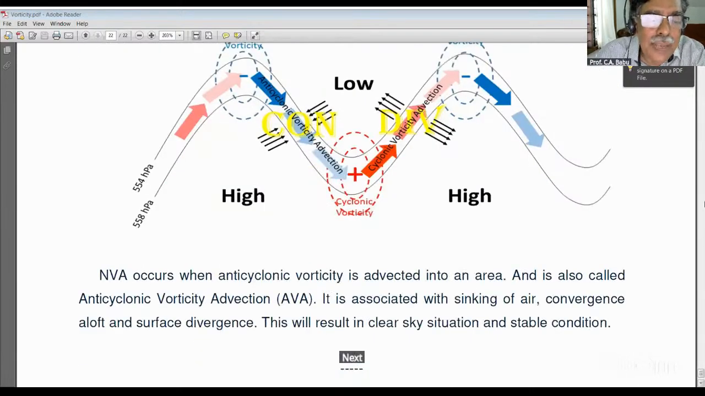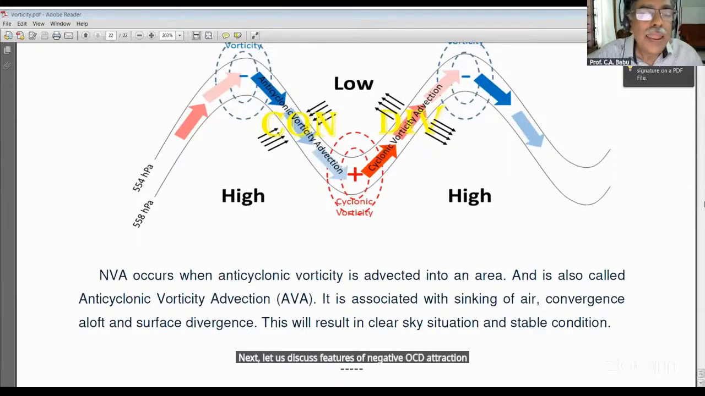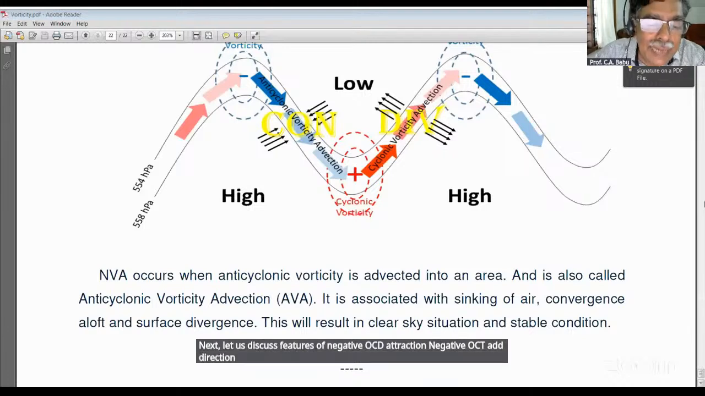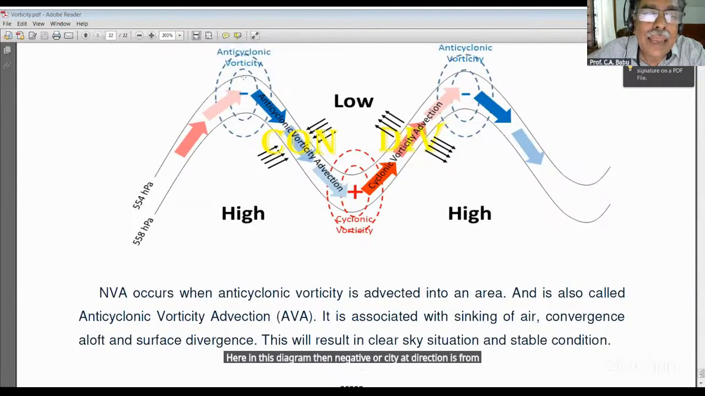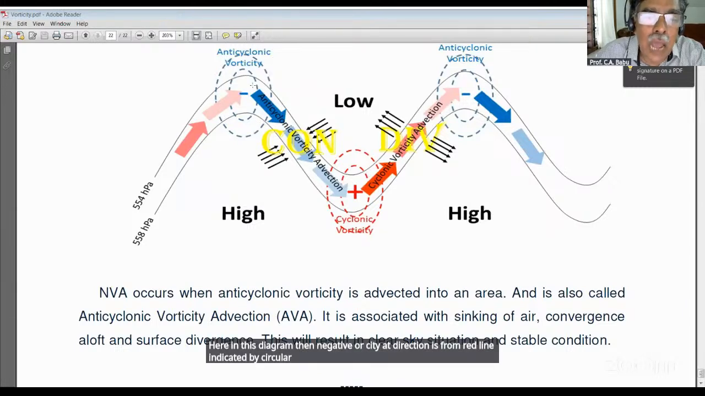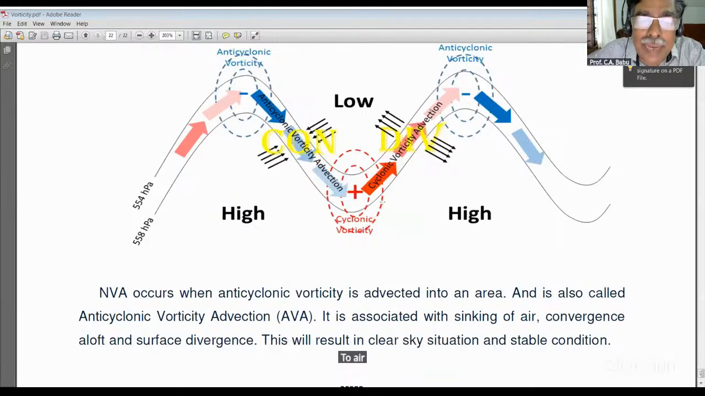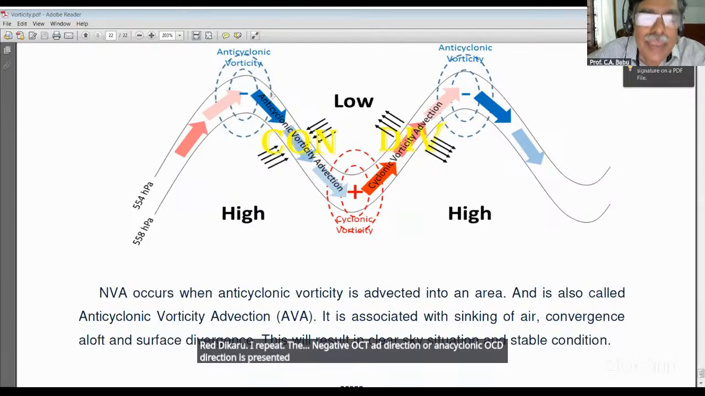Next, let us discuss features of negative vorticity advection. Negative vorticity advection occurs when anticyclonic vorticity is advected into an area. Here in this diagram, the negative vorticity advection is from a ridge line indicated by a circular dashed curve to a trough line indicated by a circular red curve. I repeat, the negative vorticity advection or anticyclonic vorticity advection is presented in the diagram on the western side from a ridge line to a trough line